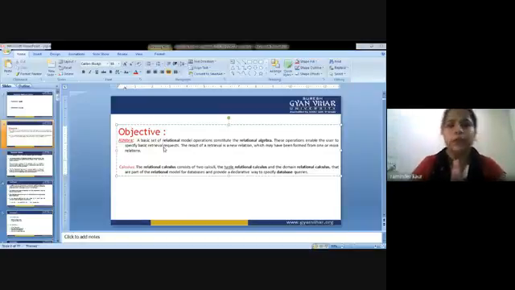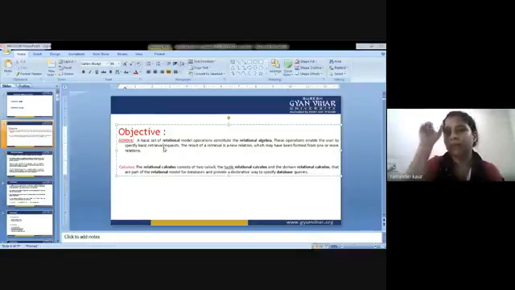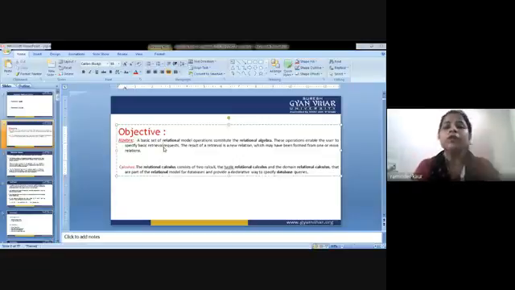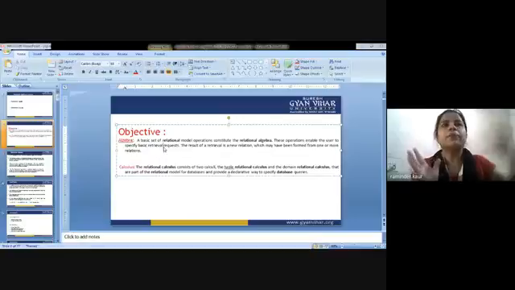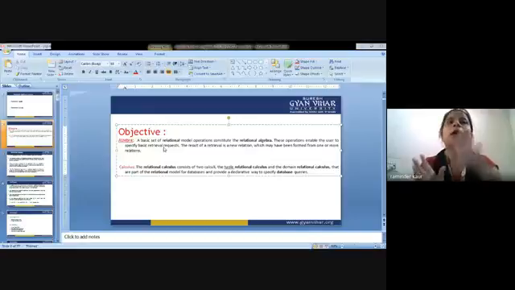Next is calculus. What is calculus? As the name implies, mathematical formulas are applied in order to fetch the details from the database. So what is relational calculus? It consists of two calculi, the tuple relational calculus and the domain relational calculus. Domain is concerned with fields that are part of the relational model for databases and provides a declarative way to specify database queries. Calculus is a more broadened concept in database management systems, and we need to go into the relational database management system to understand its basics.